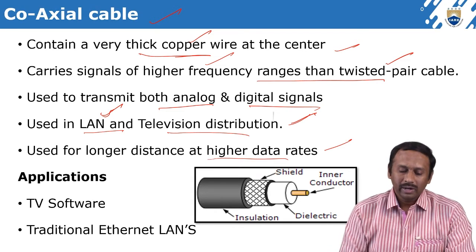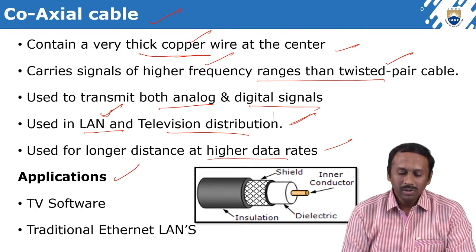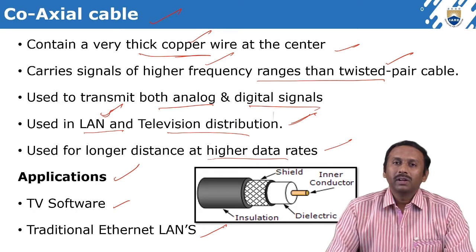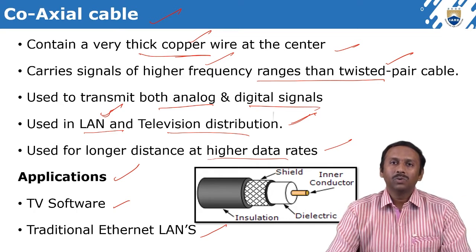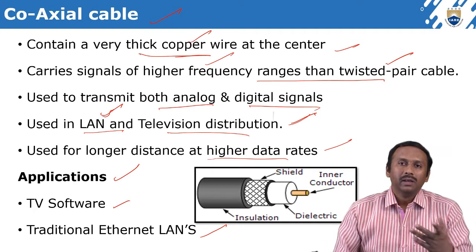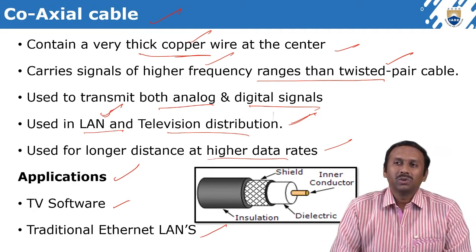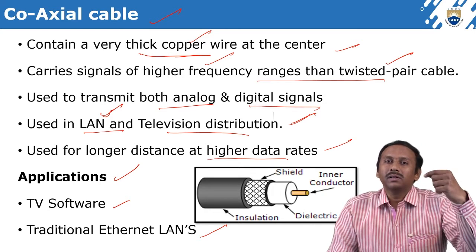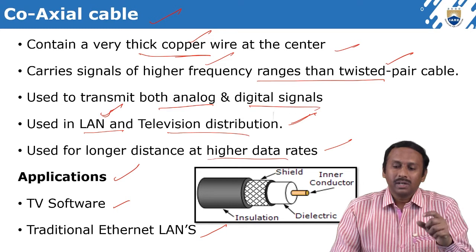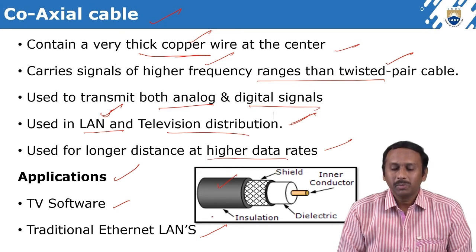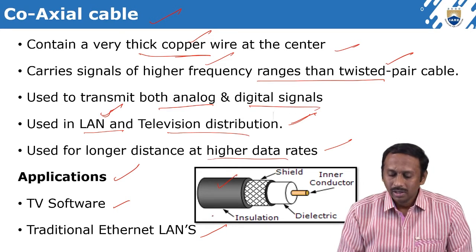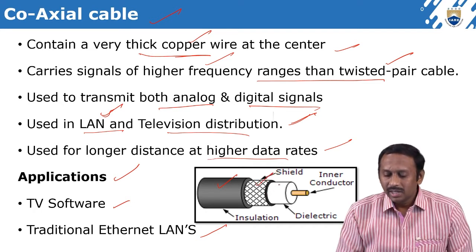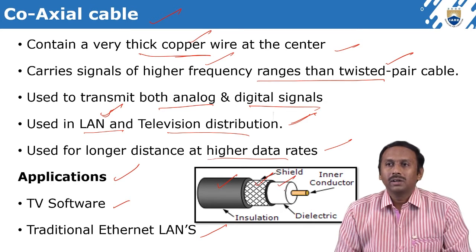There are no issues, and the applications of coaxial cable are TV cables and traditional Ethernet lines. Even the cable in our homes, generally we have a dish TV, or whatever other normal cable TV there is. If you observe this cable, it is black or white in color, generally, and there is a coated shield. Again, a very thick white coating is there.